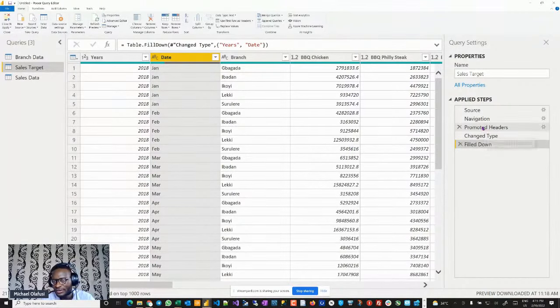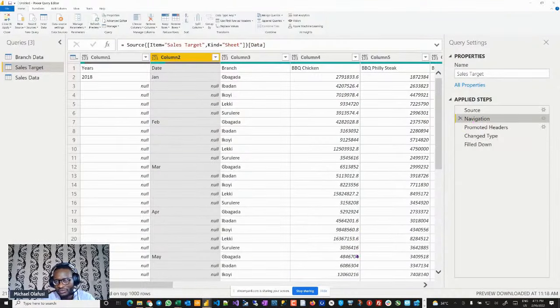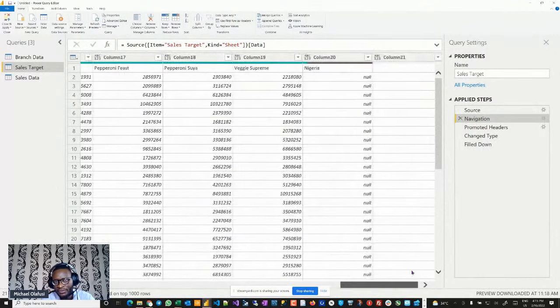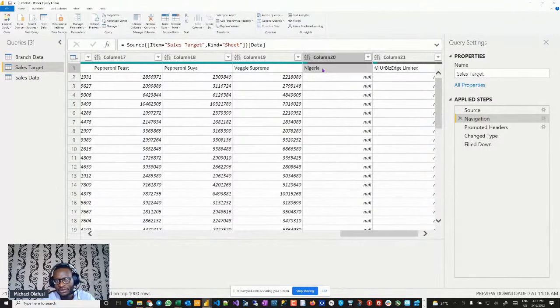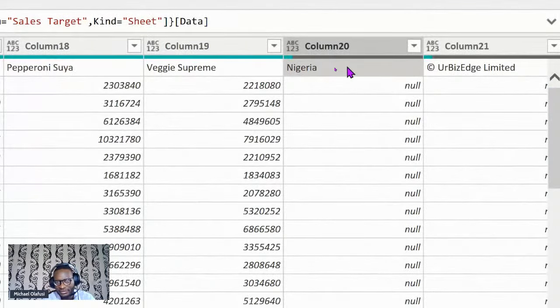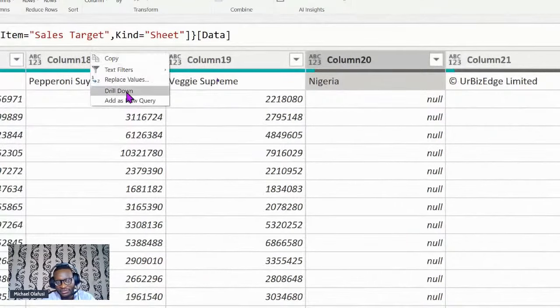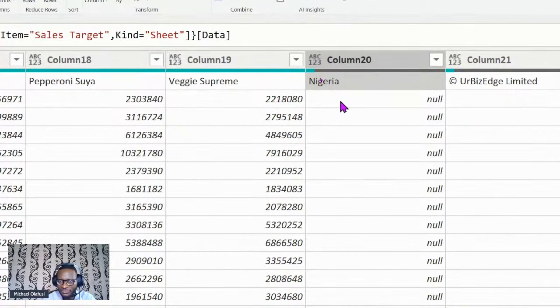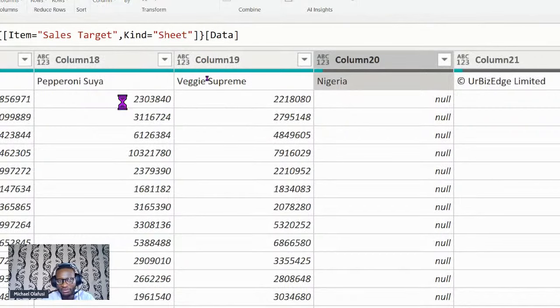So I'm going to just go up here. You can step between your steps, so I'm going to go up to where I can access this. I need this information to be extracted separately. So I'm going to right click on it. Right click, and you can see these options come up. I'm right clicking on the very field, not on the column. I'm right clicking on just one field, Nigeria in this case, and I see these options. I'm going to say add as new query.